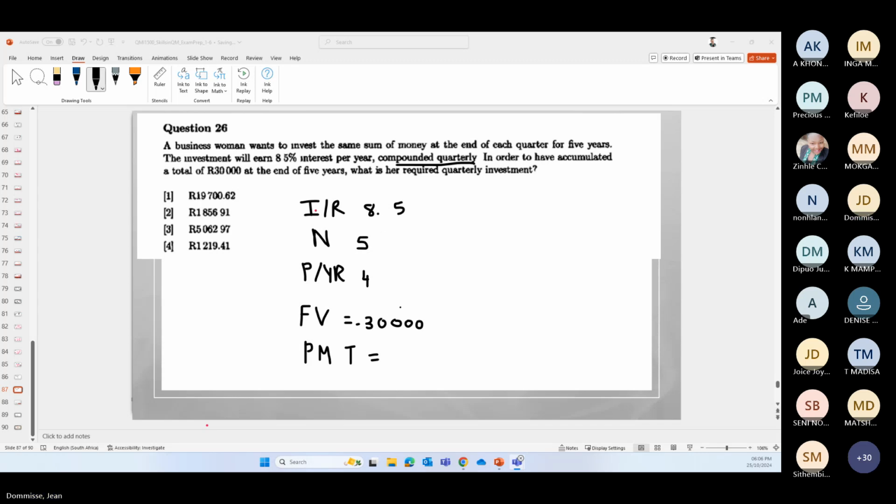Okay, so just a bit the other way around, but still we've got a future value of the 30,000. Now we don't have a present value, so I would say present value 0. Then again 4 times per year for 5 years, so that is 20 periods, 8.5% interest. Then if we work out our PMT, it's